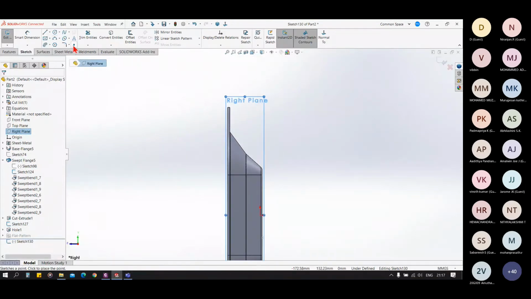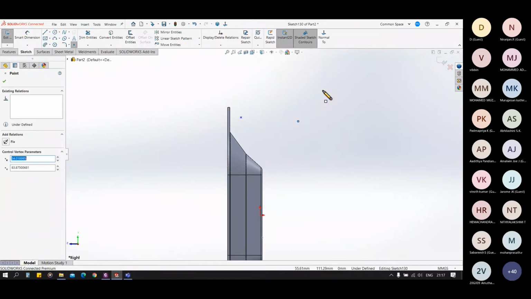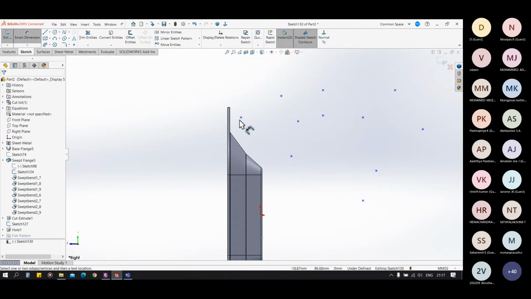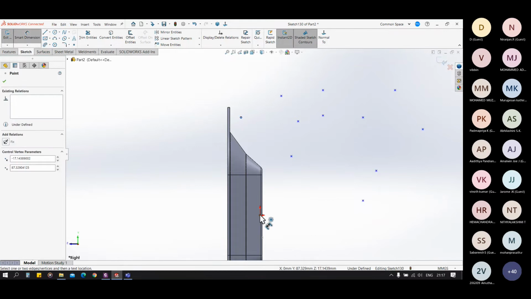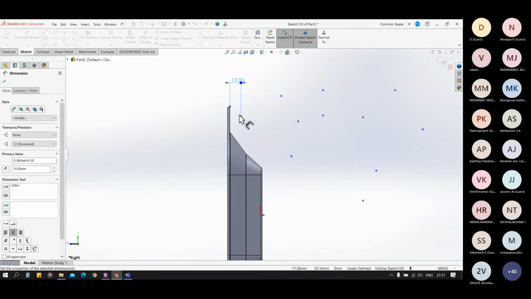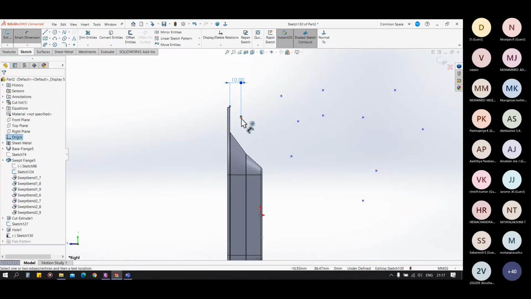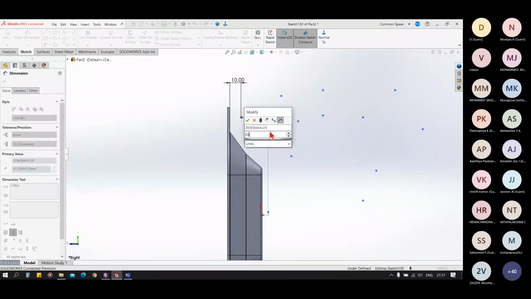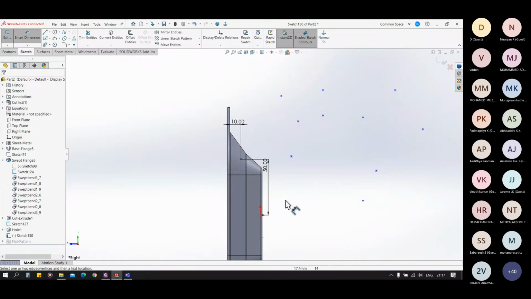Just select a point and drop it anywhere according to your choice, and give it a dimension from the origin or any reference quantity. You can give dimensions from edges also, like this. Just drop them and add a dimension to that.